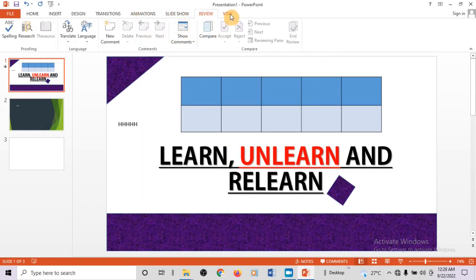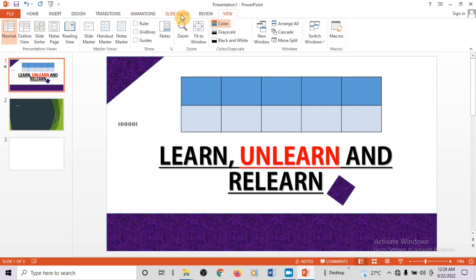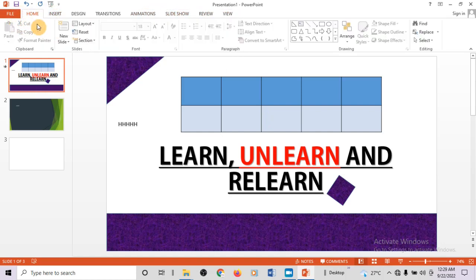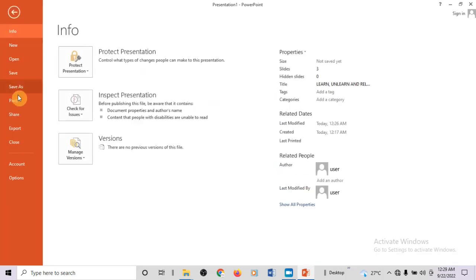Okay, that's all you should know about the basics of PowerPoint, remember you can come to file and then go to save as to save your document if you are saving for the first time. Okay, so